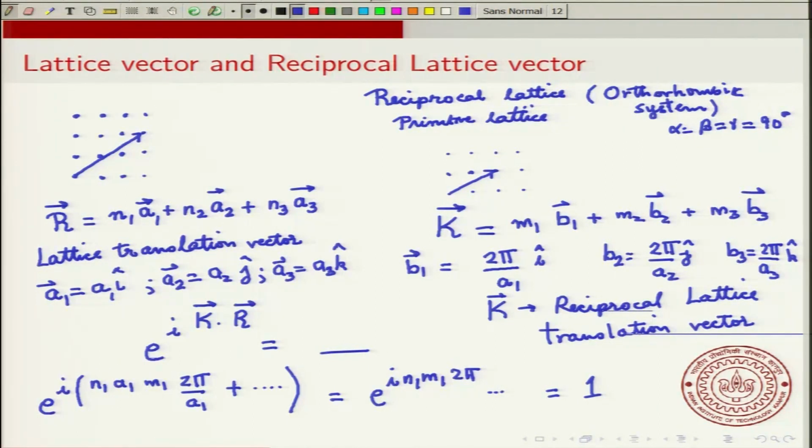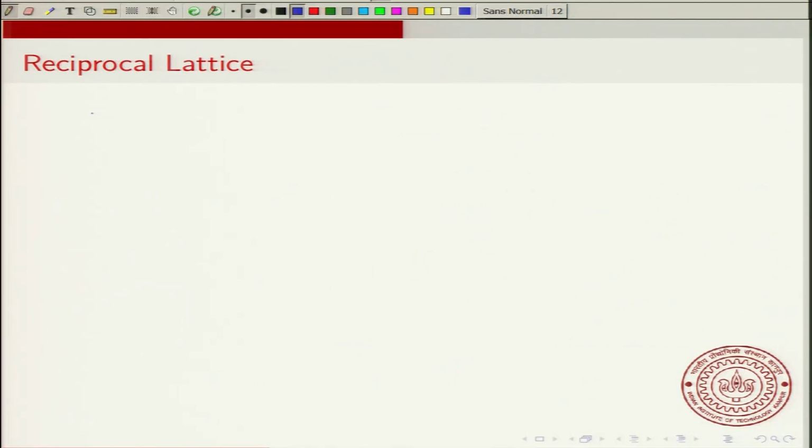So this term will just give 1, and similarly the y and z terms will also give 1. So that is the property of this reciprocal lattice translation vector, that e to the i k dot r equals 1